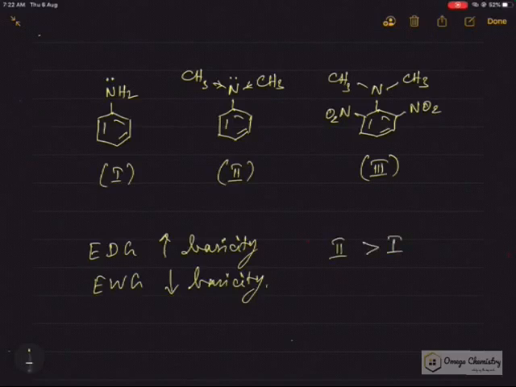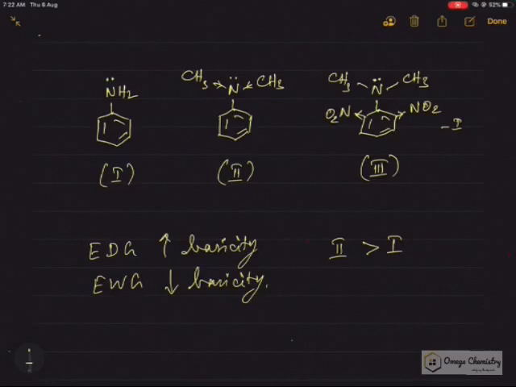Right. Now when we compare with compound 3, we understood that there is a lone pair of electrons on nitrogen, but I have two NO2 groups which are electron withdrawing groups, minus I groups. So two strong minus I groups are attached to the ortho positions. So as we expect, compound 3 is the least basic one, am I right? Because they will draw electron load, as we know that electron withdrawing groups will decrease basicity.